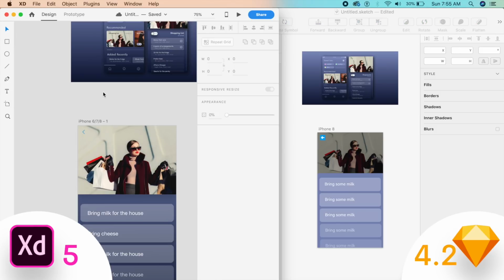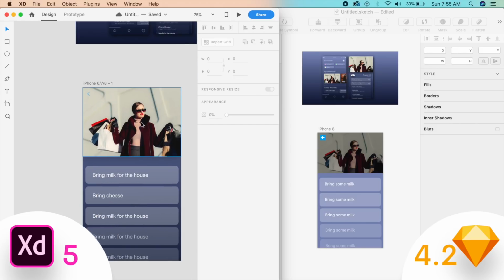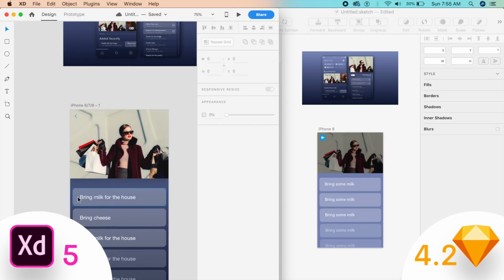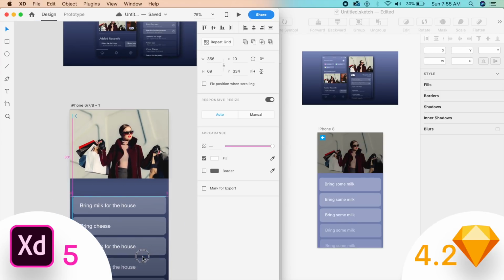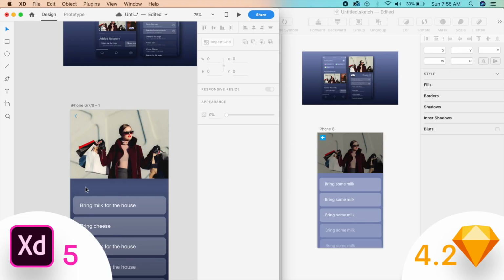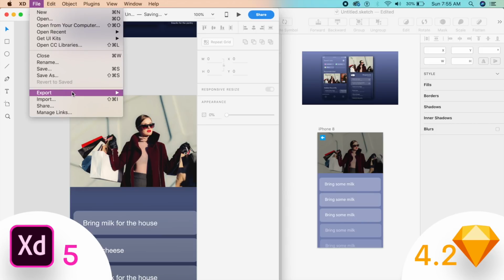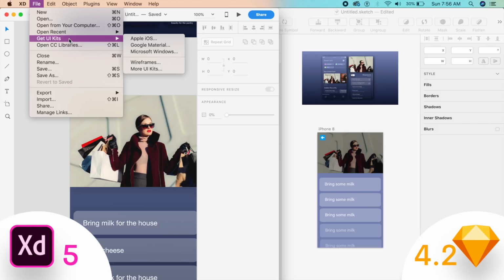So if I go back to Adobe XD, I want to add a custom switch. And this switch, I want it to be the iOS switch. First of all, I'll just bring this list down a little bit, and I want to add a switch right here. So to add a switch, I want to go to the iOS library. So in this, if I go here to the files and say get, I'll have to say get UI kit,